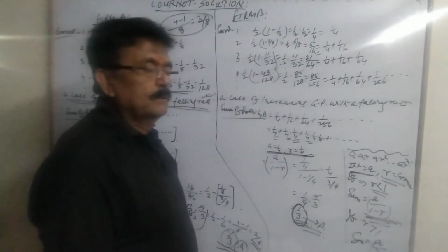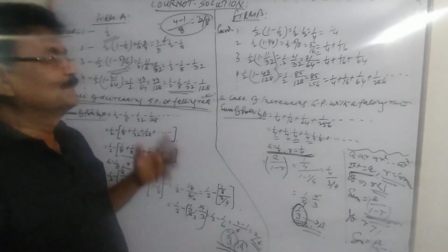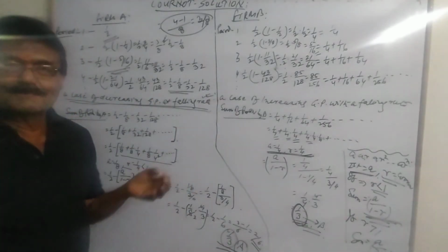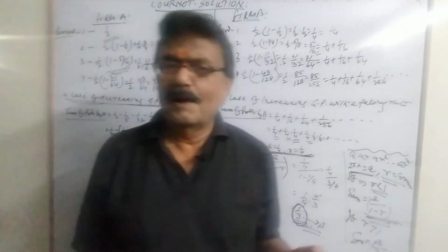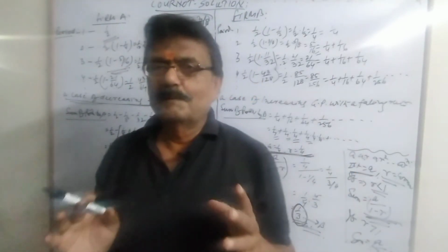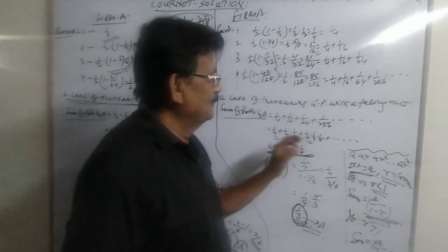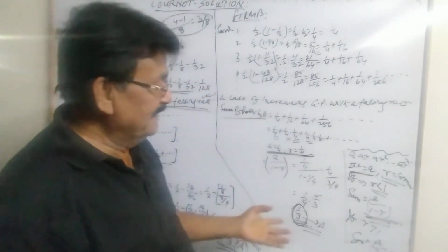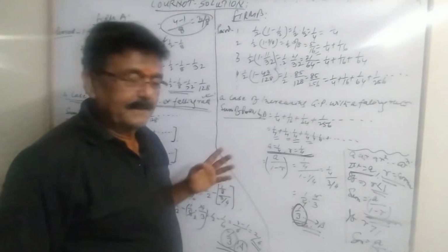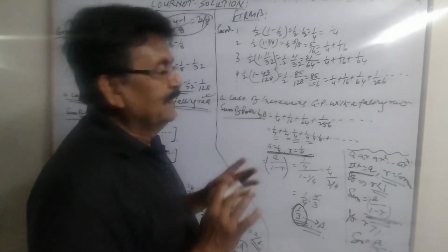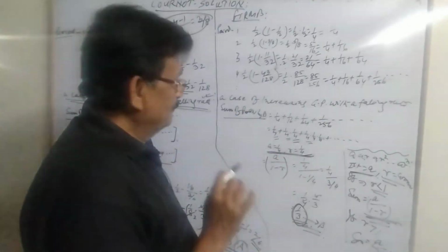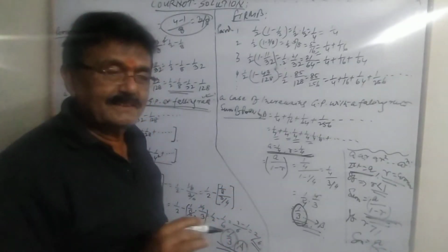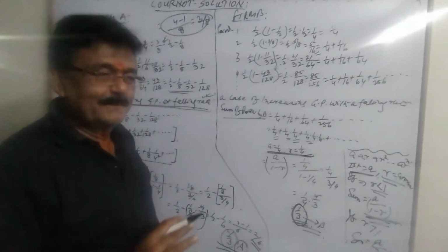So this is how we get the solution in the Cournot model by using a little bit of mathematics, not intense mathematics, not a large quantity of mathematics. If you apply a little bit of mathematics, we get the solution. Quite evident it becomes that this was the solution. Otherwise, we only explain in the theoretical class that each firm produces 1 by 3. It must be interesting to see how it comes to 1 by 3. This is what I have explained.